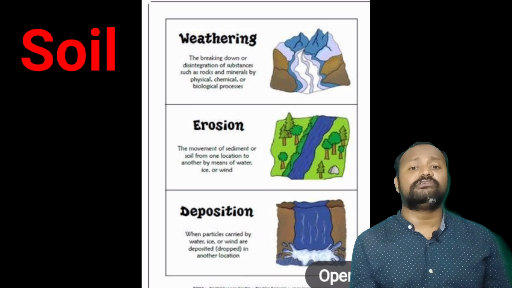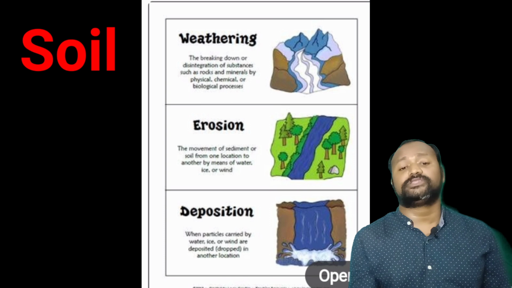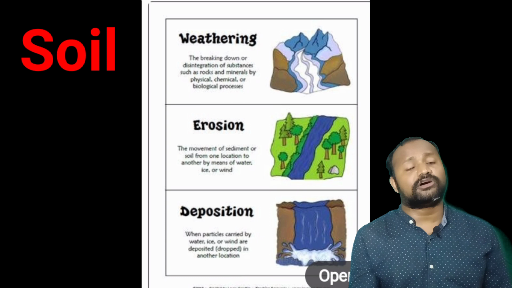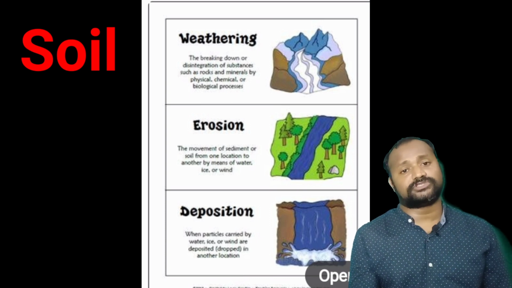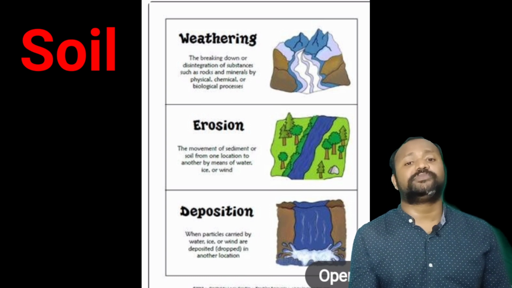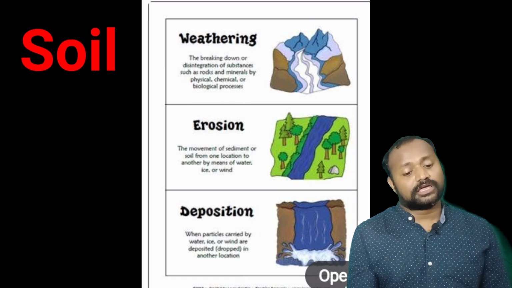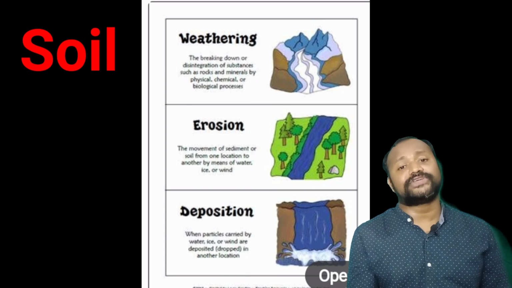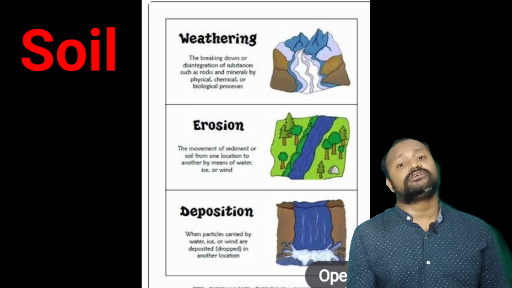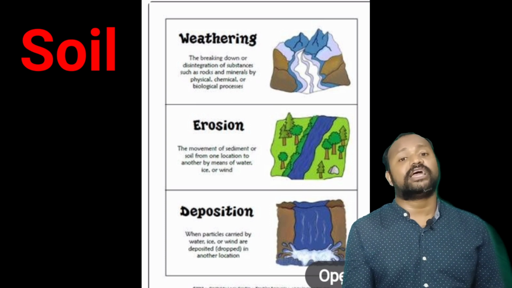Erosion is the process of carrying the weathered material from one place to another with the help of agents of erosion like river water, rain water, glacier and wind. All these are agents of erosion. Deposition is the deposition of weathered material by forming different layers. Decomposition is a process in which organic material gets decomposed with the help of different microorganisms and is added